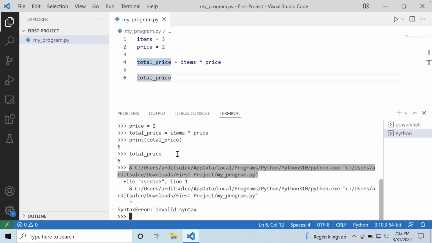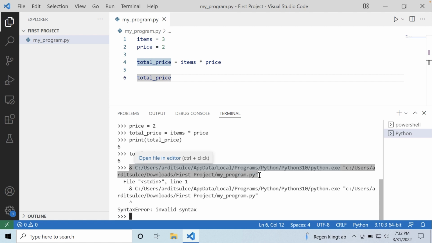The Python shell only accepts Python code, but not Windows or Mac operating system commands. This is a Windows command because it is trying to start the Python program, and it is trying to execute that